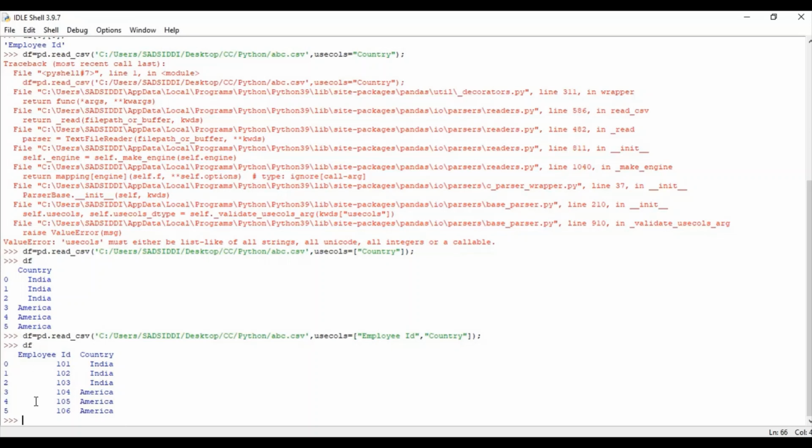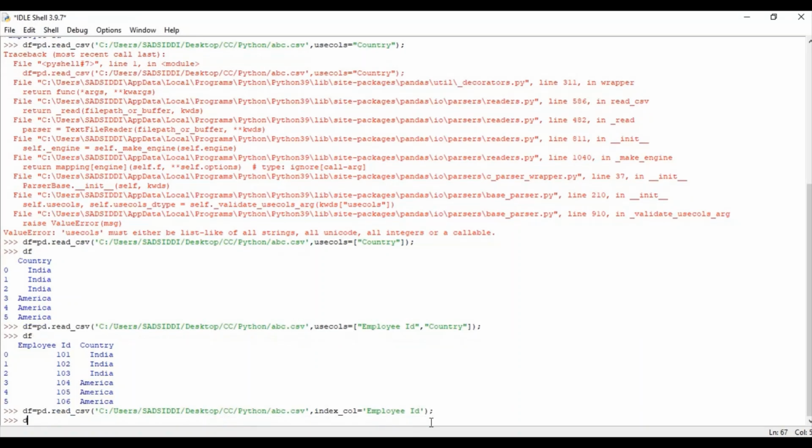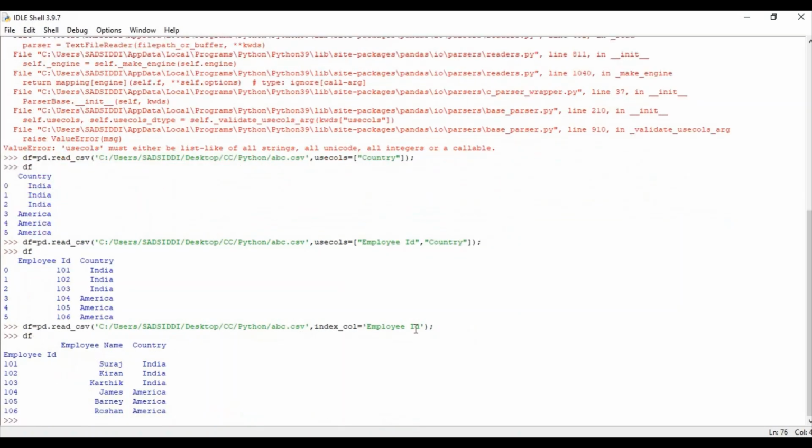Okay. Now again if I write the same thing over here, but instead of usecols, I'll show you another parameter. So these are called parameters. Now if I use the parameter index_col, and write employee ID instead of country, what this will do is use this column as index, basically as rows.